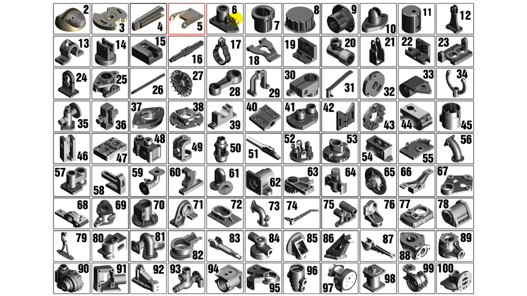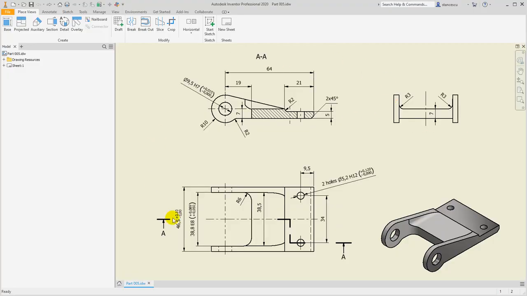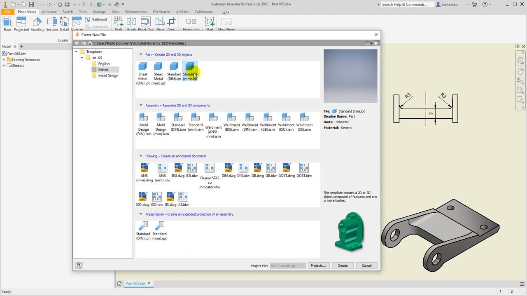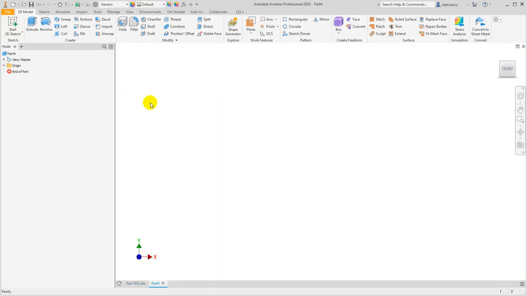Okay. This part is a half of a hinge, and we concentrate on its technical drawing, which is this. Okay. Having this drawing, we can start to model the part. We start by opening the template, metric, then